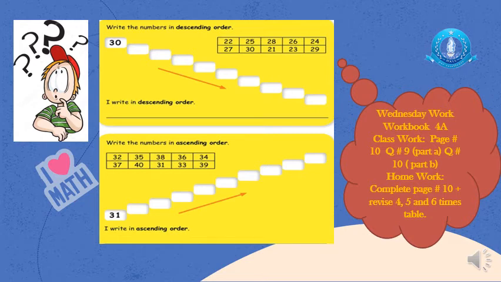Look at the question number 10. Arrange the numbers in increasing order. Increasing order means you will write in the form of ascending order. So part B you will do as classwork, and part A and C you will do as homework. One thing more, please, when you complete your work, take pictures and upload them on Google Classroom.